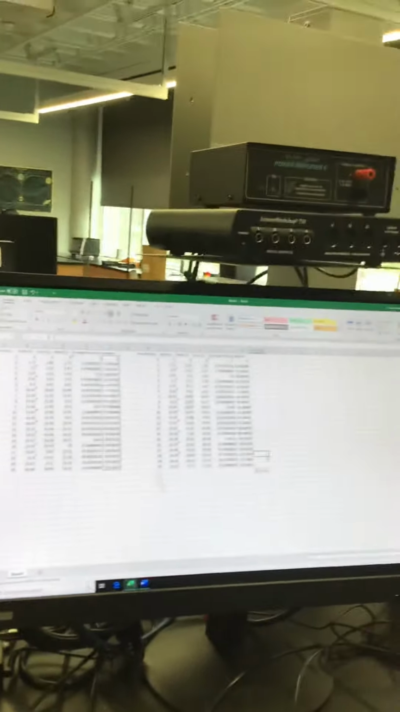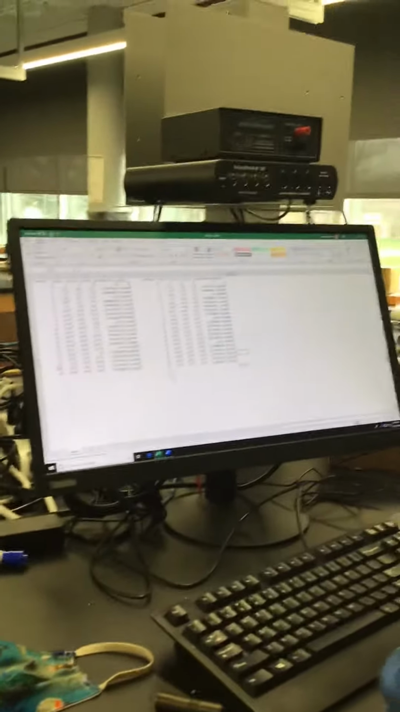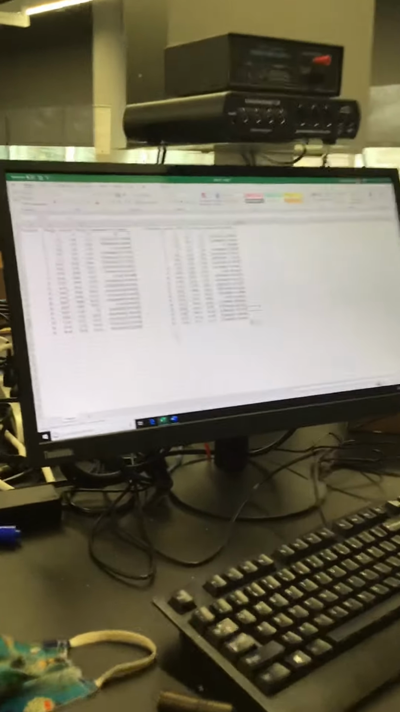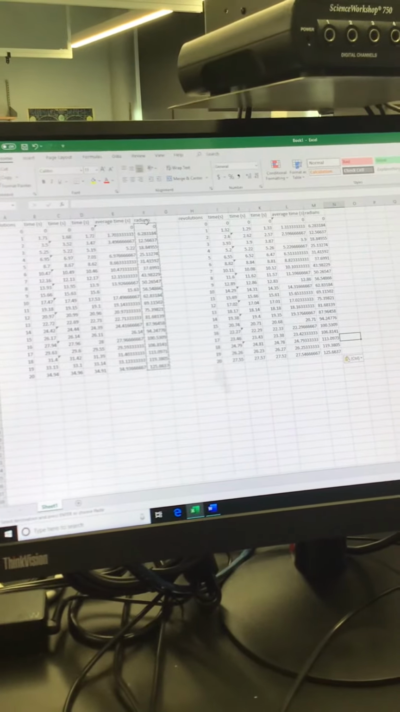Okay, so now I've entered the data into the spreadsheet. I've got the number of revolutions here. This was for the first set of experiments that I did 3 different times. I took measurements of time, and I have an average time here, and then the number of radians traveled, where